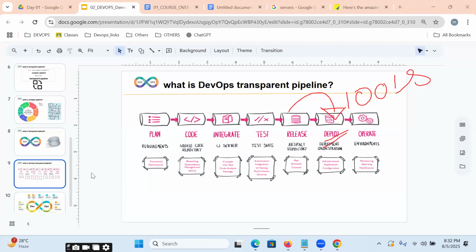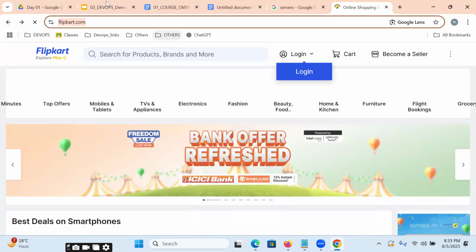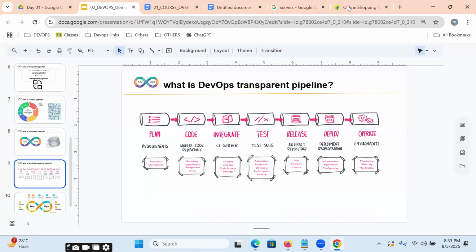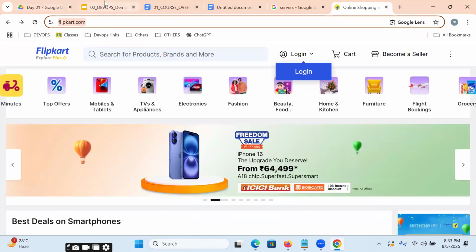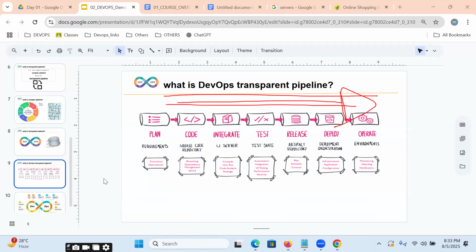Once it is placed on hundreds of servers, we can access it over the internet as a website. Whether it is working or not, we are going to monitor and maintain it. This entire process, what are you calling it? Our DevOps transparent pipeline.